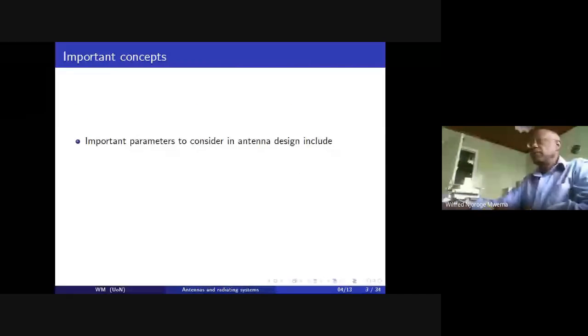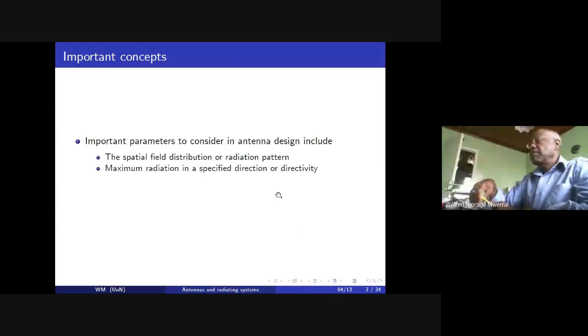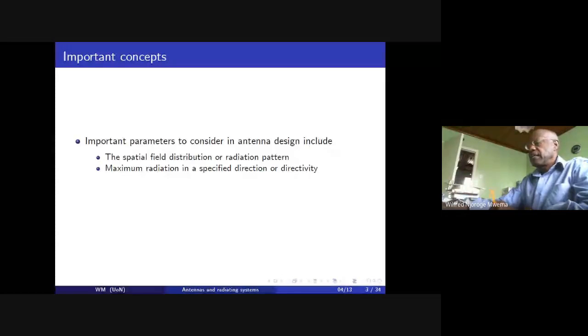So the important parameters to consider in an antenna design would include, one, the spatial field distribution or the radiation pattern of that antenna. Two, the maximum radiation in a given direction, and this is usually referred to as the directivity of the antenna. It's more like when you have a spotlight, if you don't have the reflector or the parabolic reflector behind the